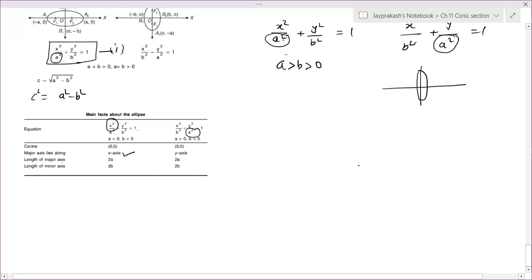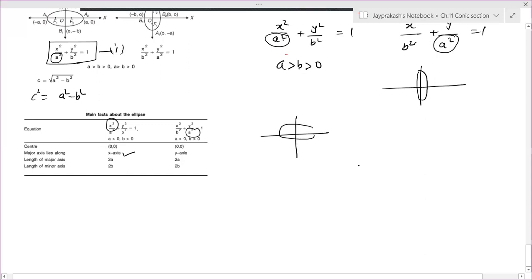And now if we talk about the length of the major axis, so major axis in the sense, first time when the ellipse is expanded along the x-axis, that is the distance between both the exterior points, or both the end points. So this is the major axis. The ellipse will expand on both sides from the origin at an equal distance. So we will write here major axis is 2a, and this minor axis will be 2b.